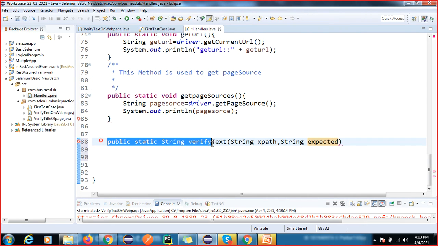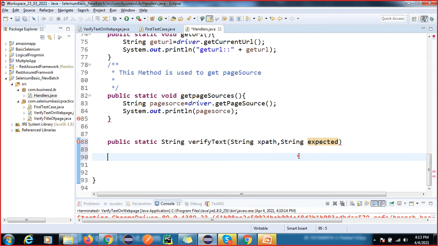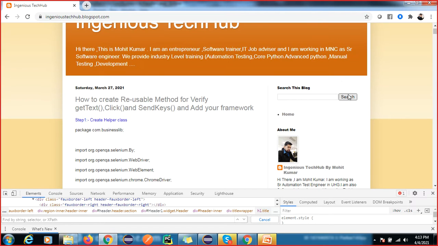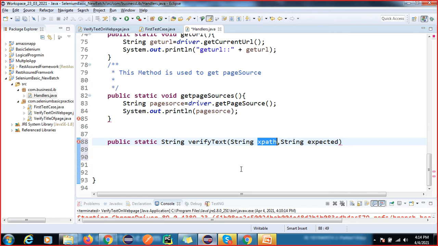Here, this is my reusable method. Understood, right? Every time we cannot change this. It is not possible because this is the reusable method. But the XPath will change. See, I want to validate this one. So this search box, this search button have different XPaths. So the XPath will always change.